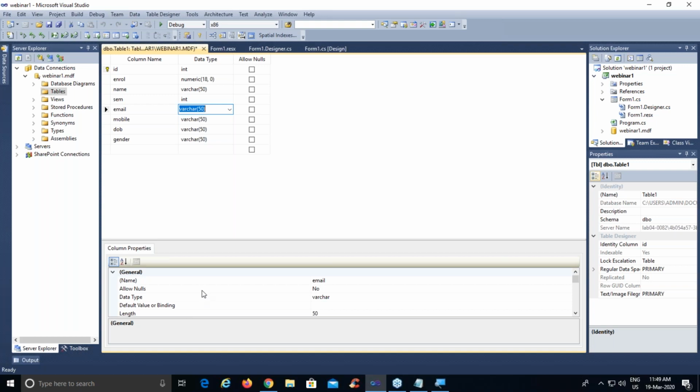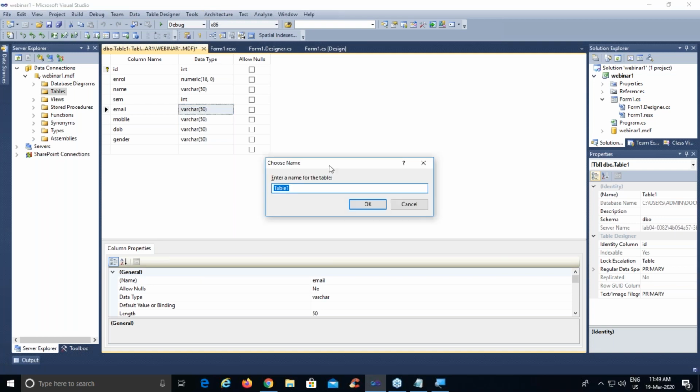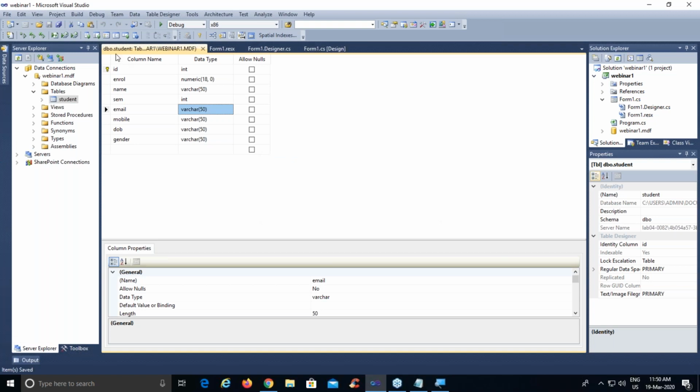So instead of table, you just provide the name of the table that you want in your database. And for Visual Studio 10, we are just going to save this using Control S and you rename your table as student, say for example. Click on OK and your table has been saved as dbo.student.